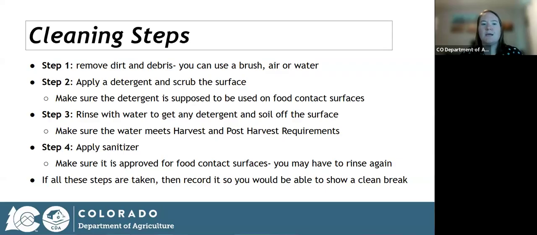So kind of keep that in mind whenever you're removing your debris, doing it in a way that you don't also then contaminate your clean bins. Then once you do that, applying a detergent and scrubbing the surface, right? Using a brush, really getting in there, making sure what we mean by detergent is you can use Dawn dish